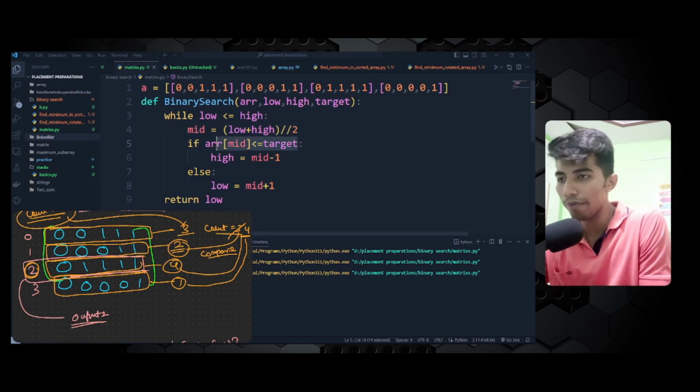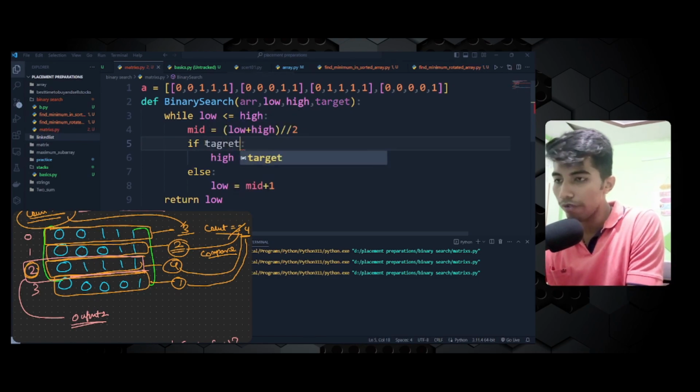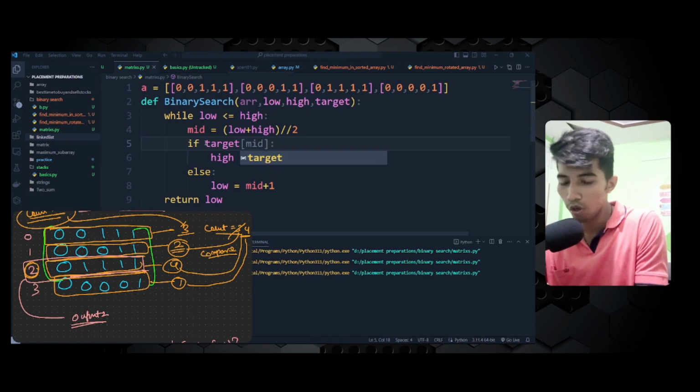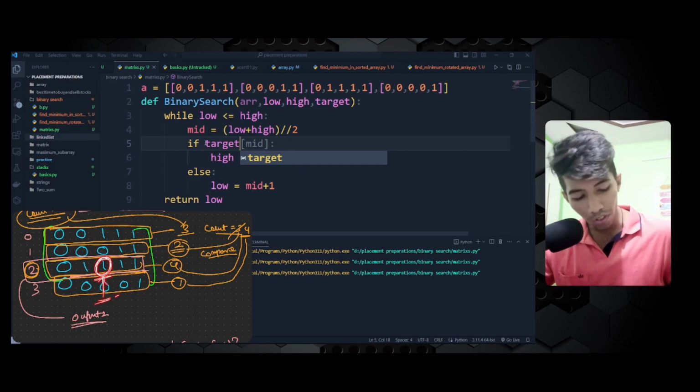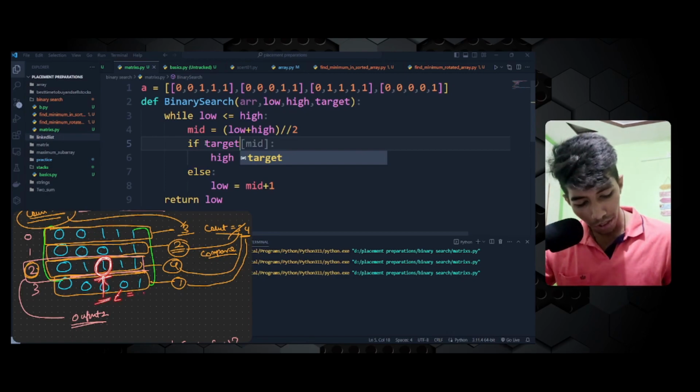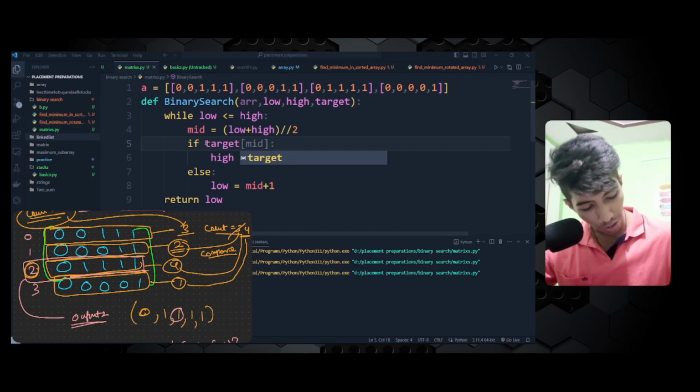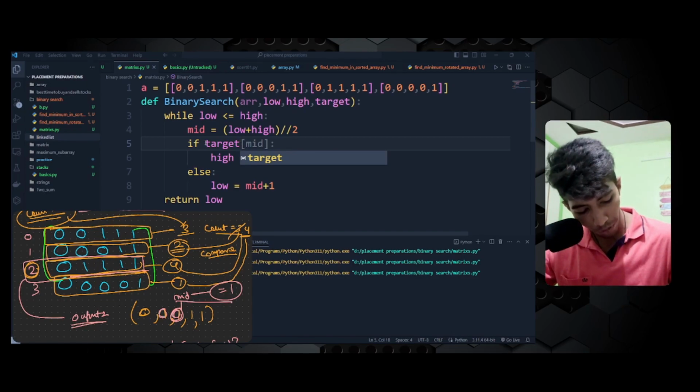Okay guys, so here we have made a mistake. Why? What is the mistake? When we compare the target, we can also notice that if this comes out to be the same, or if this thing is lesser than the target, like here if I take this array 0, 1, 1 and 1, and here is the mid, and my target is 1, and if I compare this, you'll notice it comes out to be the same. But if this mid is here, I will compare if my mid is lesser than the target,